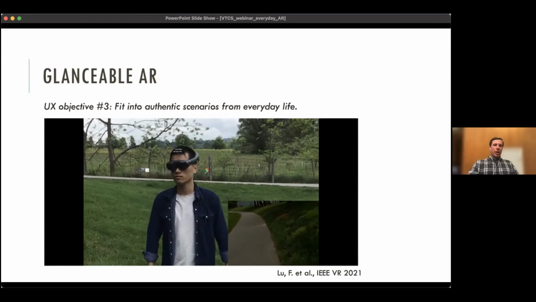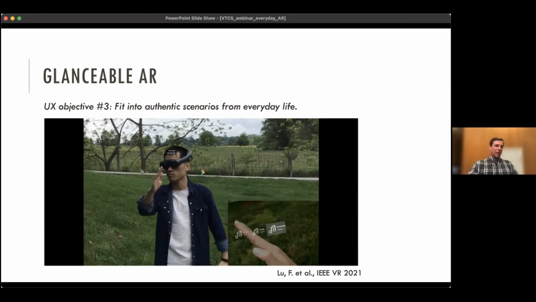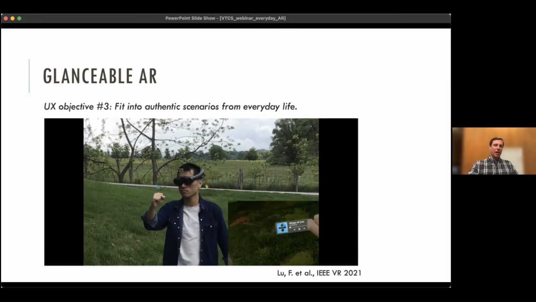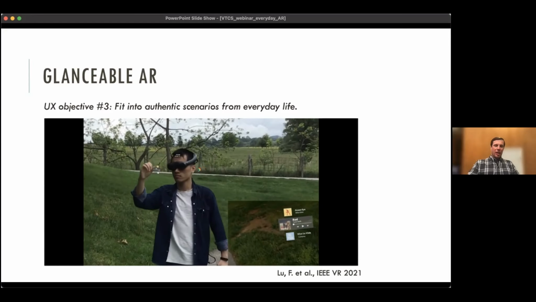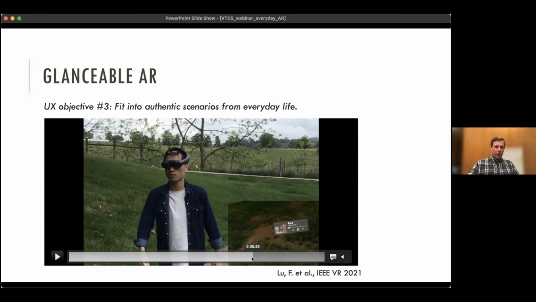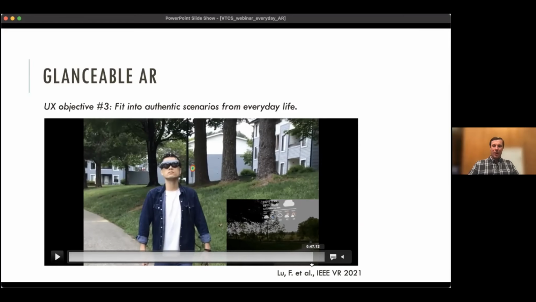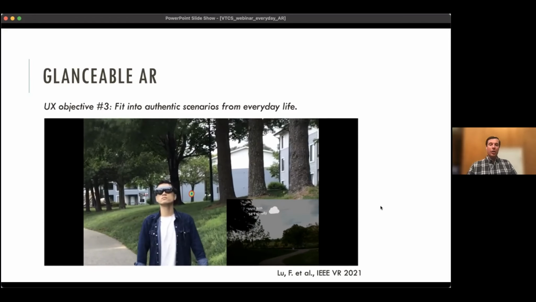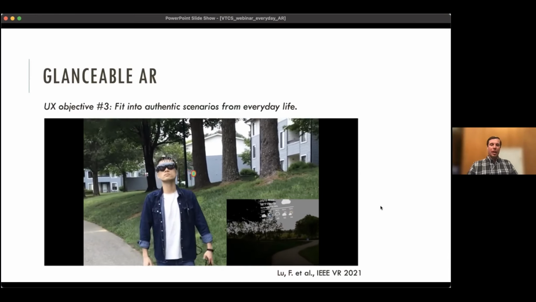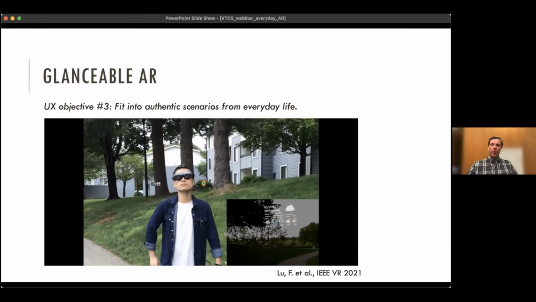Here's an outdoor walking or exercise scenario where the apps follow along with you out in the periphery, and maybe you can interact with them with gestures, for example. We also looked at a cooking scenario, which I think you saw earlier. So we were thinking about how this user experience works when you're doing real everyday tasks.